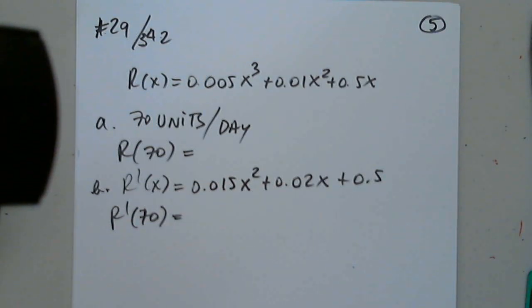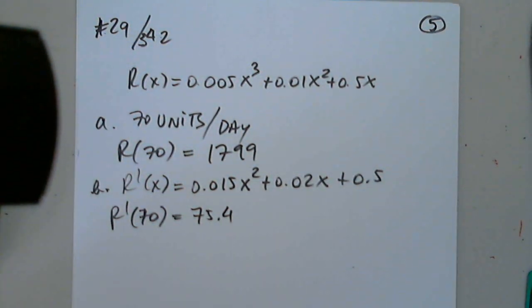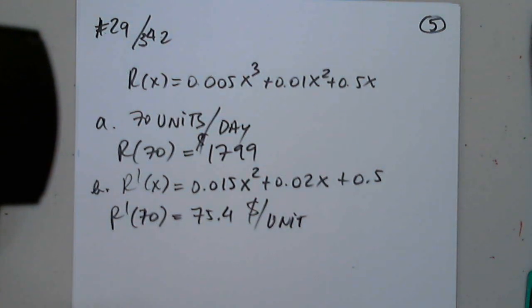And then I want to plug in 70. And I get both answers right away. Boom. So 1799, and you'll give me the measurement unit, and 75.4, and you'll give me the measurement unit. The first one is dollars and the second one dollars per unit. Excellent. Perfect. Okay,